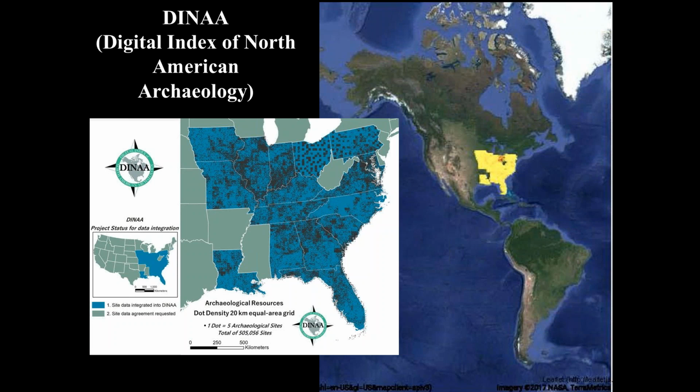Participation in DINAA is likewise not hard. To integrate state data into the national effort, a single database table, spreadsheet, or even text file of site numbers and associated information is all that is needed. A transfer that can be accomplished in minutes with secure file transfer protocols in place. The DINAA team cleans the file using tools like OpenRefine and then randomly places the sites into 20 by 20 kilometer grid cells for public mapping purposes. Primary locational data, which again is only maintained in offline computers and encrypted files during this phase, is then permanently deleted.